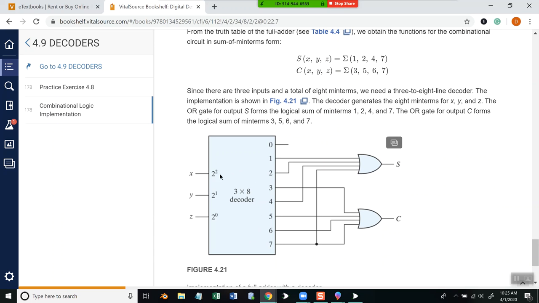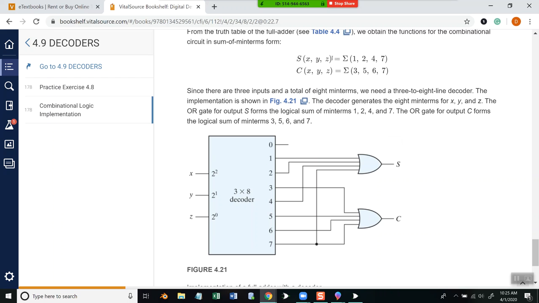And again, they don't show you a lot of the detail here at this point. Since they've talked about it earlier, they just talk about it in general. Since we've got 3 variables, the x, y, and z, coming in there. And remember, if we were to go through and build our table, and so forth,